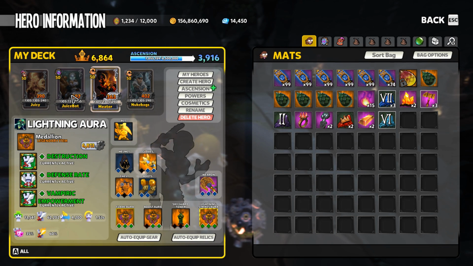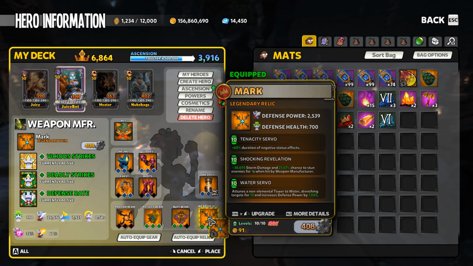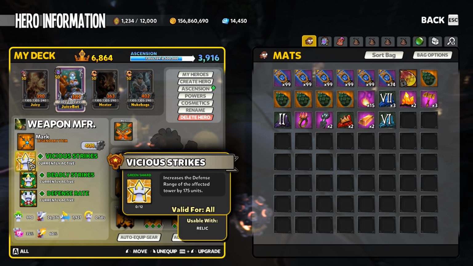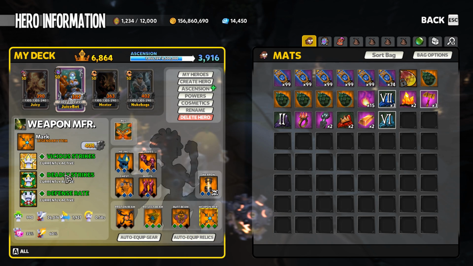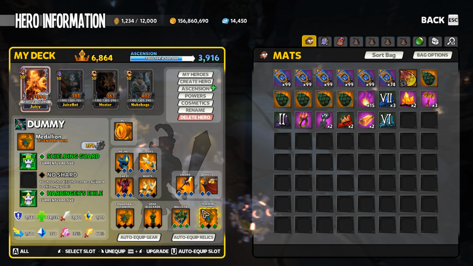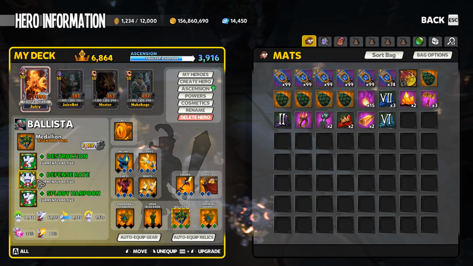Now I probably am going to use one or two weapon mans just for the crowd control and drench, and just got that at campaign level, so it's not going to be doing any real damage. However, I do have defense rate, deadly strikes, and unupgraded vicious strikes, as I just don't want to spend any gold this particular reset. Of course, I could get more value out of using that vicious, but I'm just not going to do it. And then I'm going to go with some ballistas with piercer servo and crit damage servo,